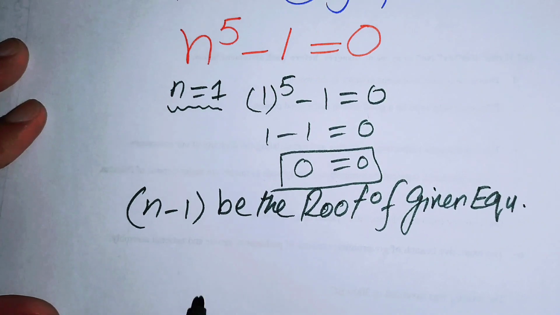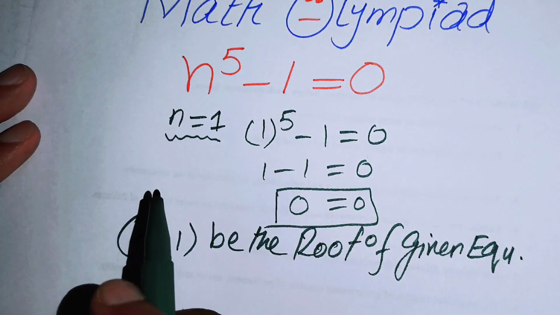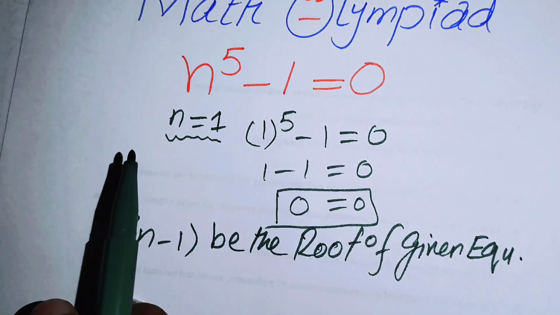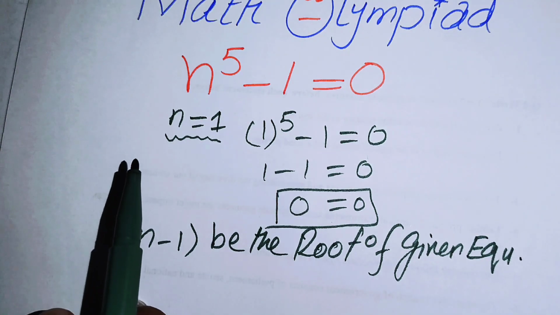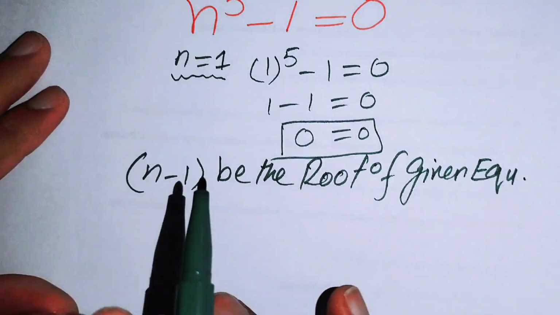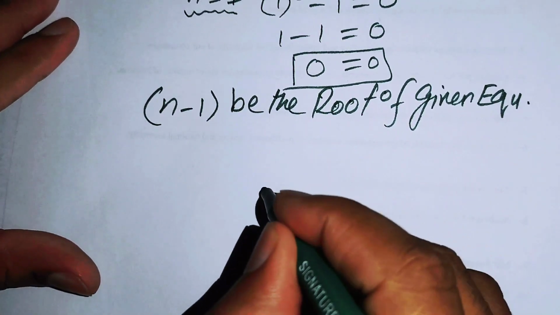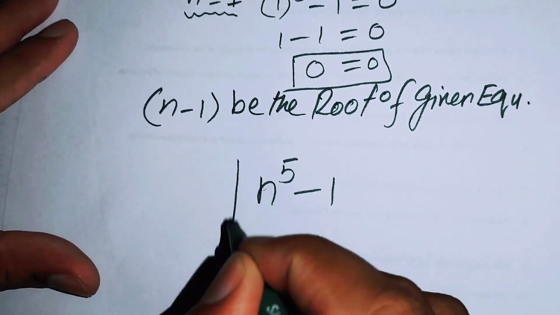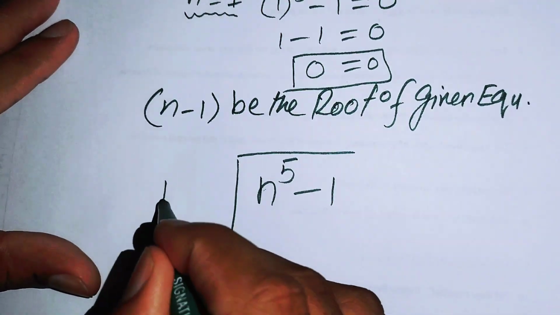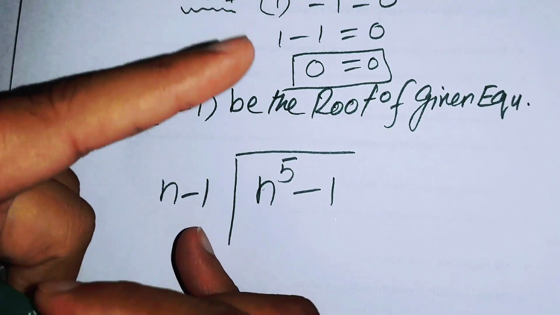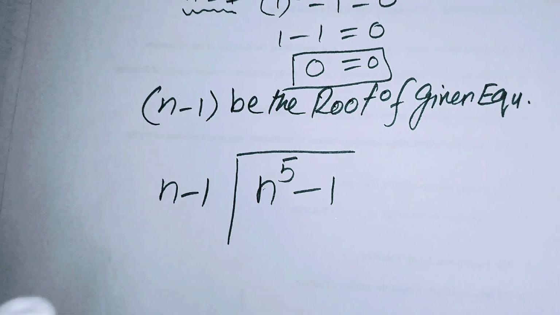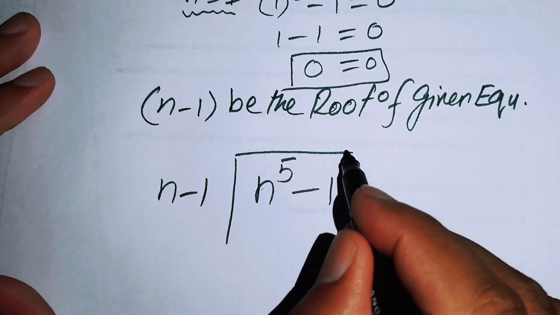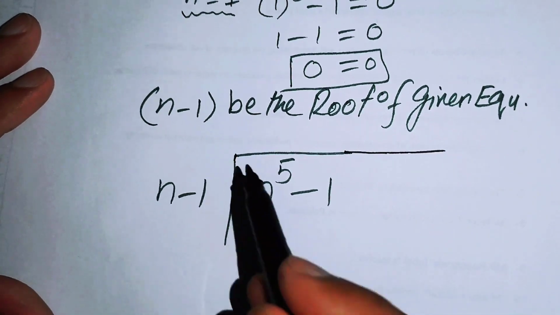Okay, so n minus 1 is a root of this given equation, and now I can use the division algorithm or division method to find the factors of this equation, so that I can divide this equation, n to the power of 5 minus 1, by n minus 1. So now we will divide this term by n minus 1, and here you see that first I can multiply